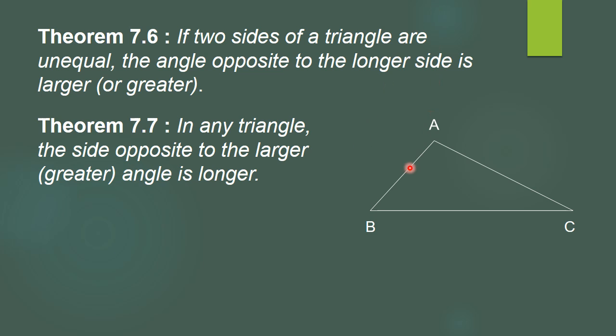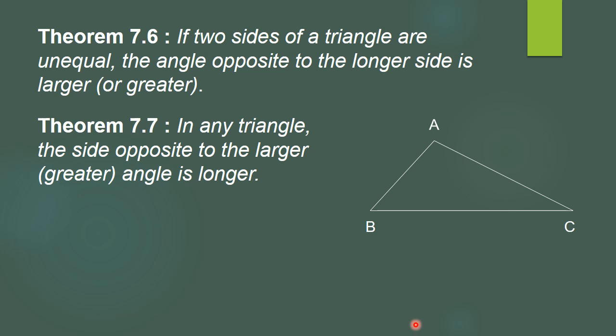Now for that, we will draw the diagram ABC. Here what we have drawn, these three sides have different lengths. Here we observed, BC is the longest side, which has the longest measure, and AB is the shortest side. So the angle, as the theorem says, whenever the side is longest, then the angle opposite to it is the greatest. So in this case, as BC is the longest side, angle A will be the greatest angle, and AB is the smallest side, so angle C is the smallest angle.